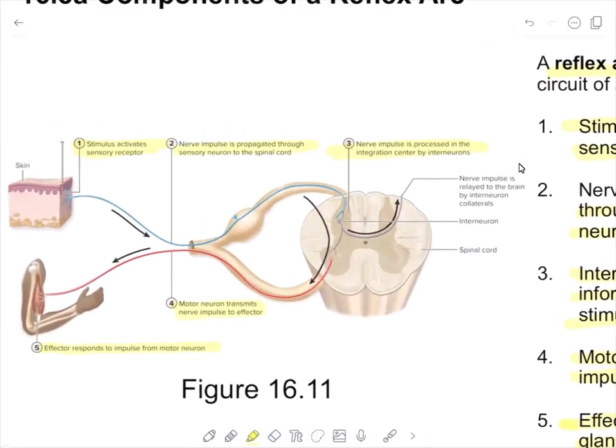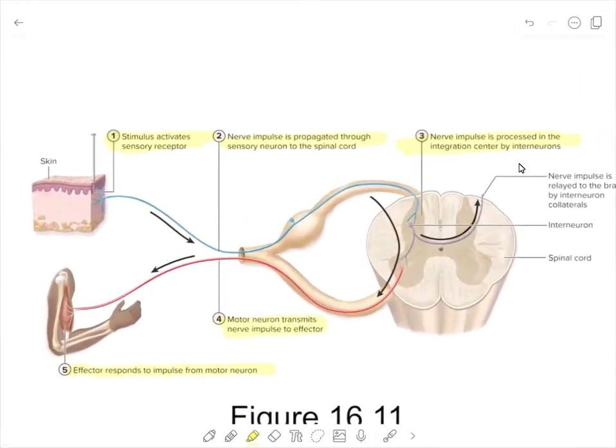So let's look a little more closely at this diagram. Number one is where there is a stimulus that activates a sensory receptor. Could be a receptor that's in the skin, could be a pain receptor, a temperature receptor, a tactile receptor, all kinds of different receptors. But that initiates a signal which travels through a spinal nerve, specifically the sensory part of the spinal nerve. And the sensory neuron, remember, conducts an afferent signal, which means that it goes towards the central